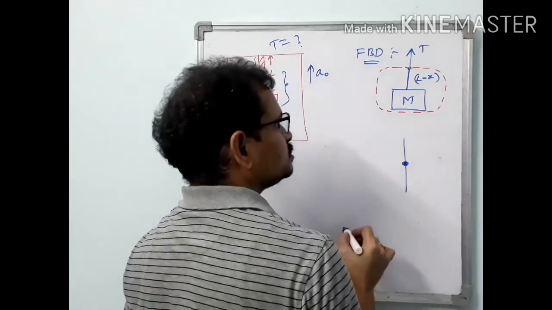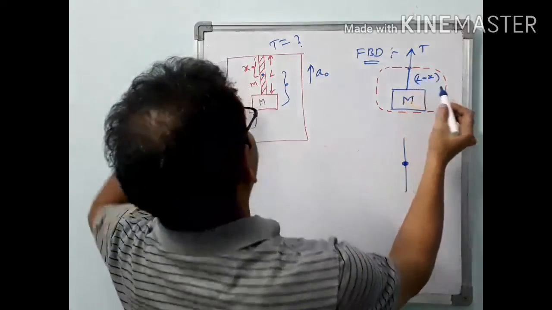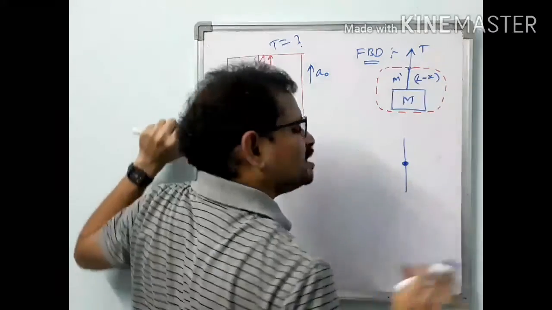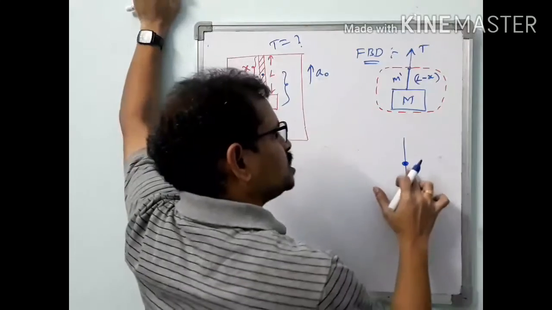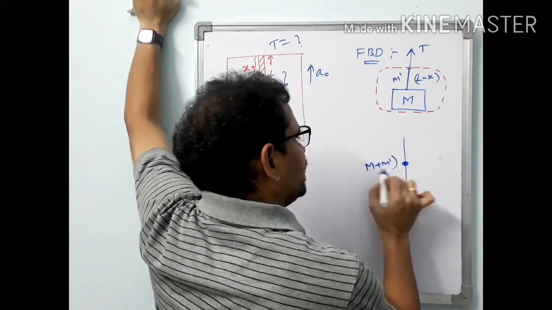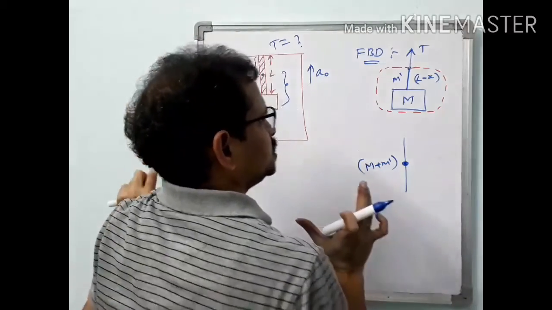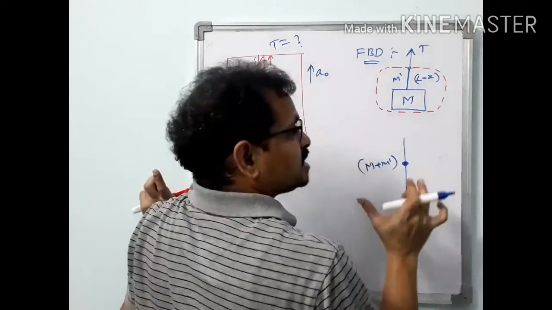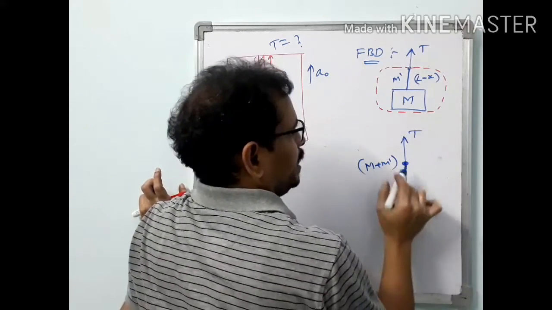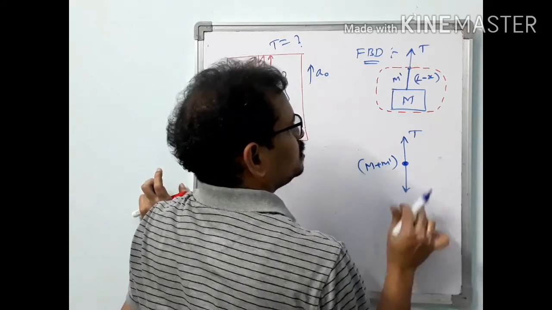And what is its mass? See, previously the mass of this rope is m, no? Let us take this one as m dash. Let us check what is m dash later. So what is the total mass of this one here? M plus m dash. This is our system. So what are the external forces acting on our system now? In upward direction, T is acting, and in downward direction, what is acting here?